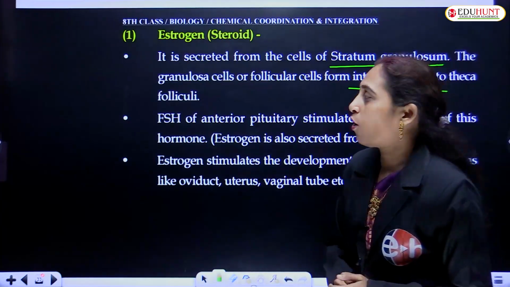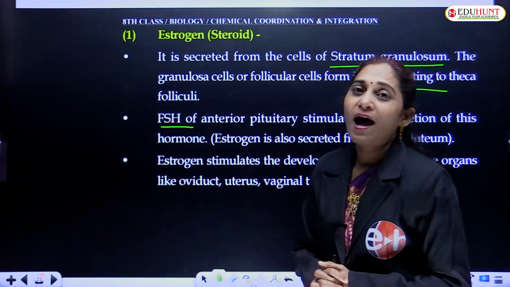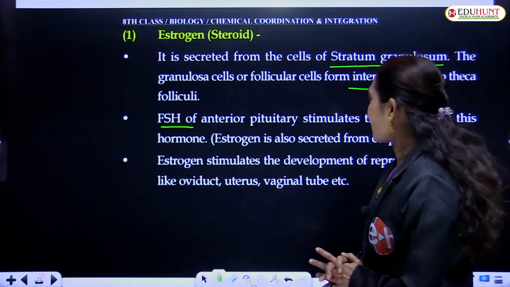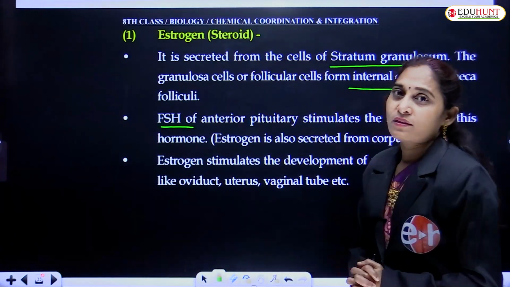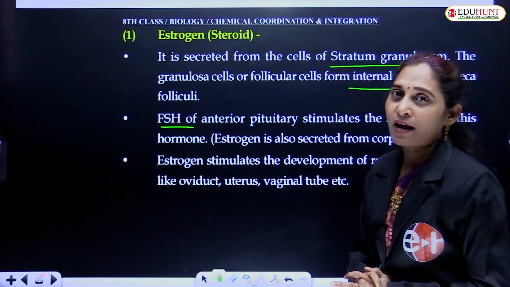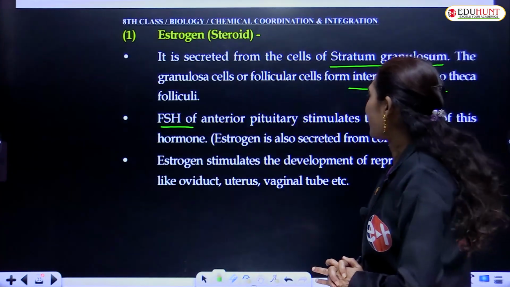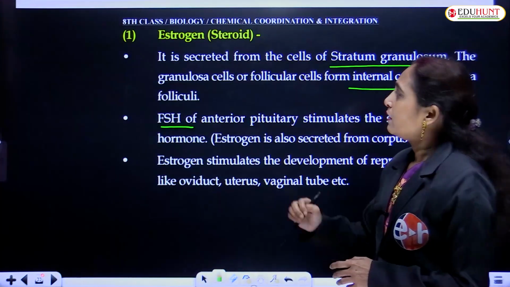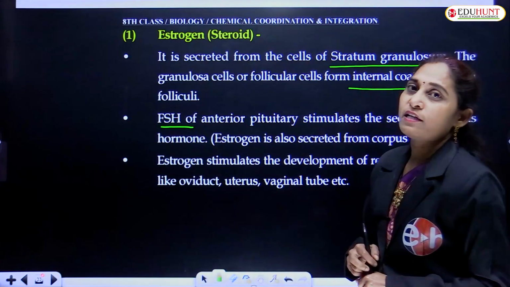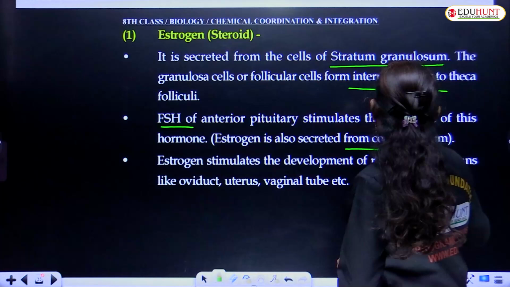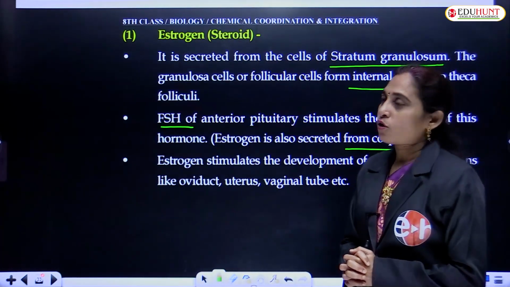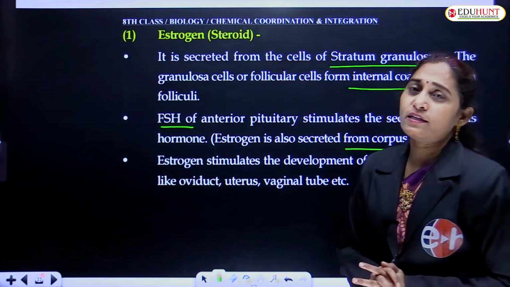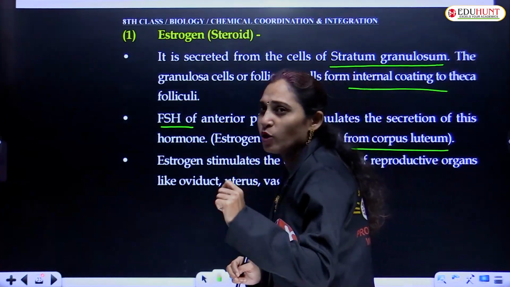Follicle stimulating hormone, FSH, of the anterior pituitary gland stimulates the secretion of estrogen. Estrogen is also secreted from the corpus luteum, not only by these cells, but only after stimulation by